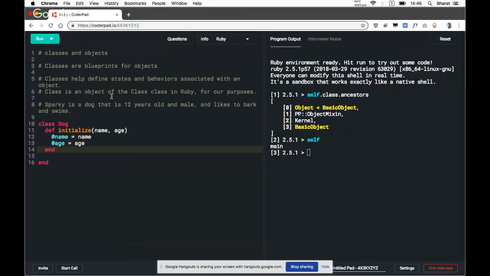Age, gender. And then we can also indicate that there's a certain behavior here, which is the ability to swim and the ability to bark.